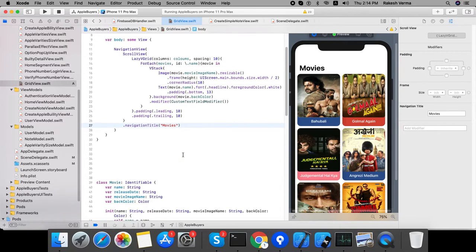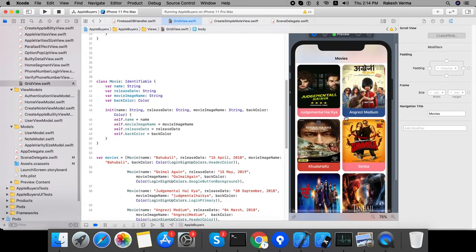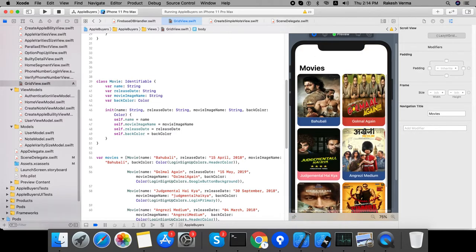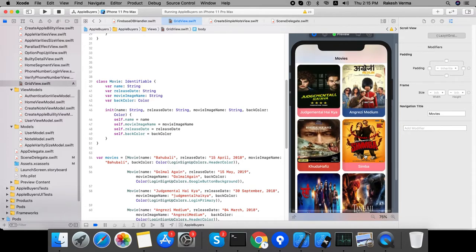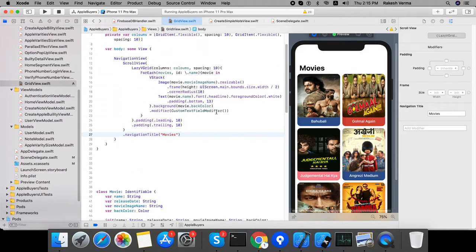So now you can see this is all about the vertical stack in VGrid in SwiftUI. It is latest in Xcode 12. So this is how it will work. That's all for today's tutorial. I will provide the code link in the description, so you can check the code and add whatever images and content you want to add. And this is the main logic for this: